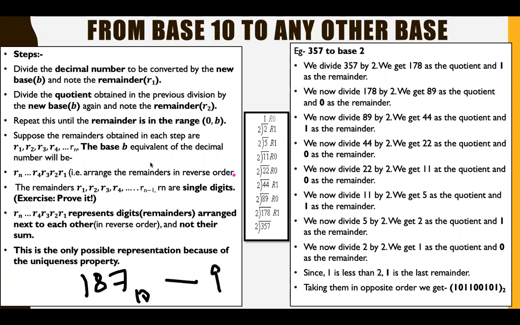So first you have to divide 187 by 9. That's divided by the base number. So when you divide 187 by 9,